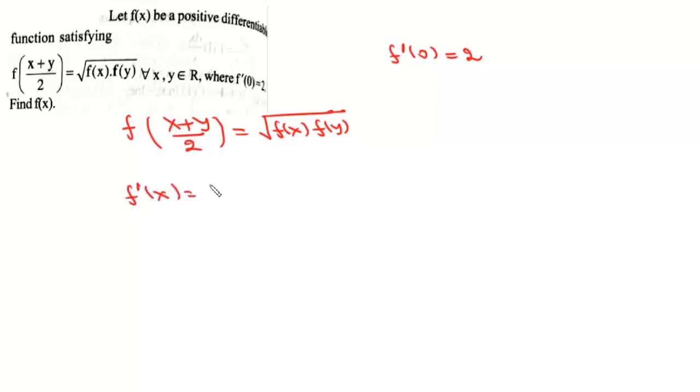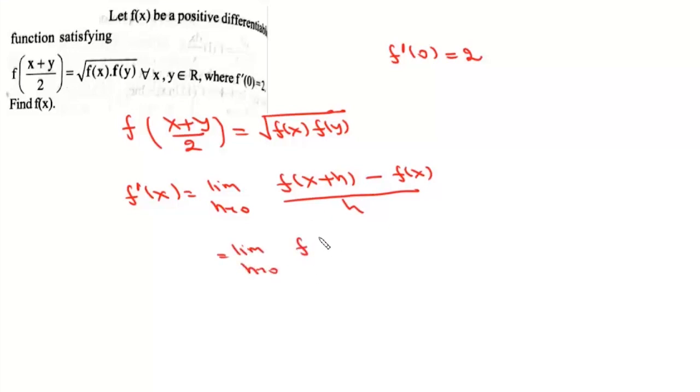Now f dash x is the limit h tends to 0 of f x plus h minus f x upon h, and we'll write this as limit h tends to 0 of f of 2x plus 2h by 2 minus f of 2x plus 0 by 2